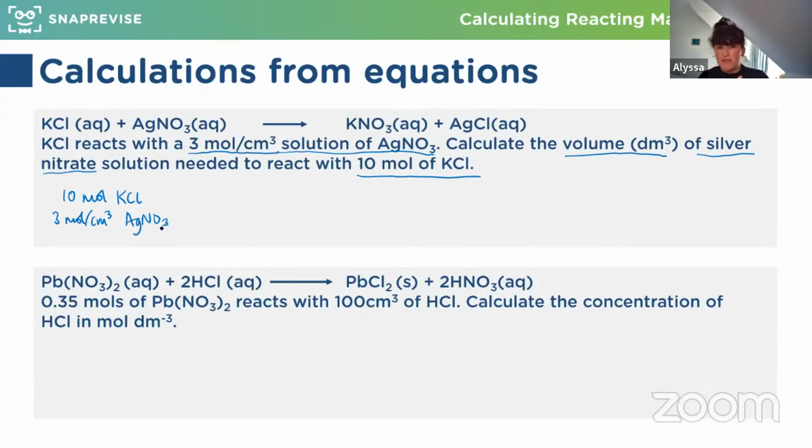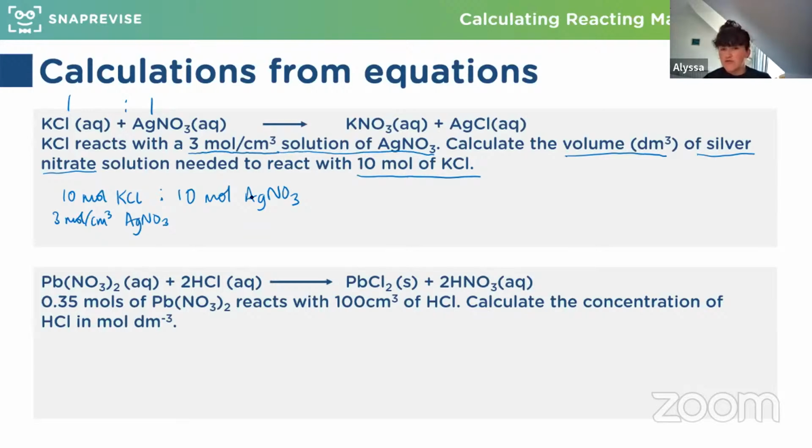Yeah, lovely. Good. Molar ratio, perfect. And then find our volume. Yep. And that looks like a good calculation as well. So let's just double check. We've got 1 lot of KCl react with 1 lot of silver nitrate. That gives us our 1:1 ratio. Therefore, if we had 10 moles of KCl, we must need 10 moles of AgNO3. So we know our molar amount now, and we've already been told our concentration, so we can just use those to find our volume. Perfect, really nice.